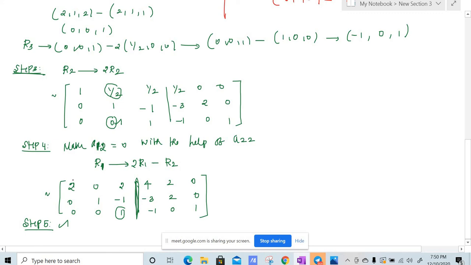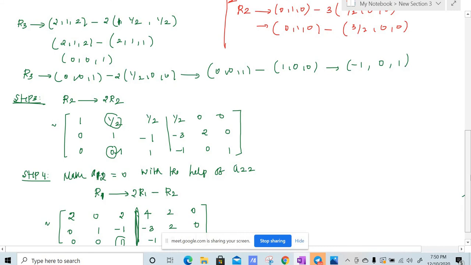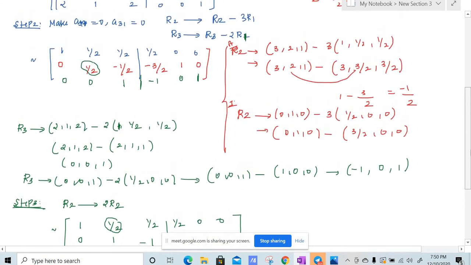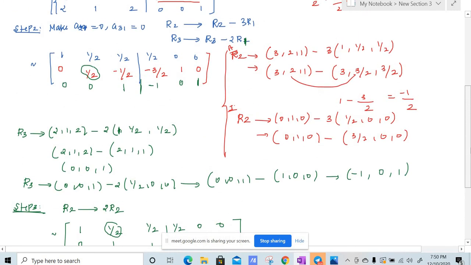Why are we getting 2 here? Is there any mistake I have done? So first we are doing R2 is equal to R2 minus 3 R1, so R2 is 3 to 1 minus 3 times...